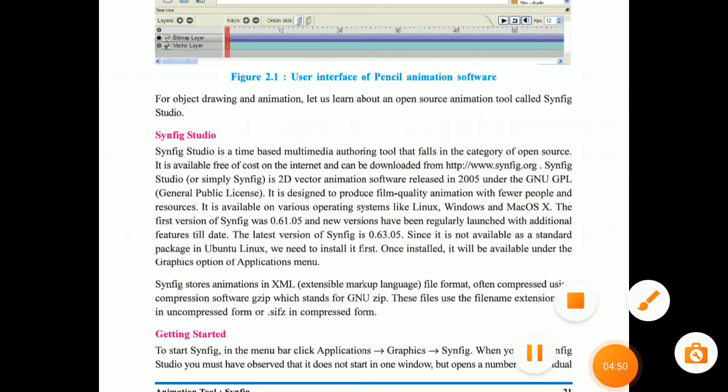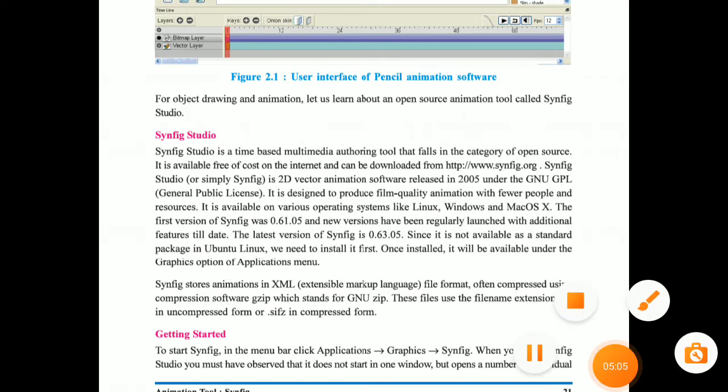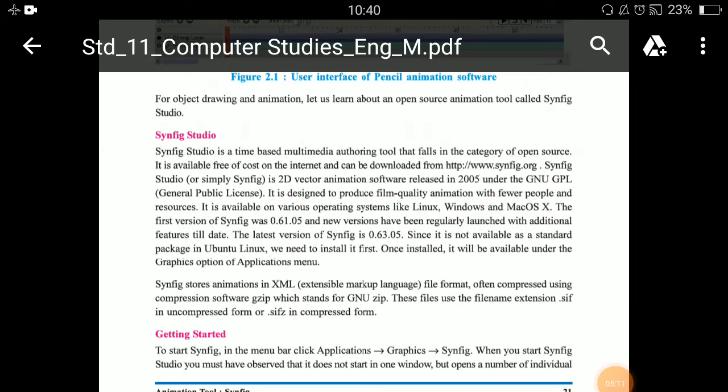Once again I'll repeat, Synfig Studio is a time-based multimedia authoring tool. It is an open source. Now what do you mean by open source? Open source means it is easily available and free to use. Okay, and Synfig is a 2D vector animation software released in which year? Here again your MCQ, 2005. Okay, and for Synfig one license is needed.